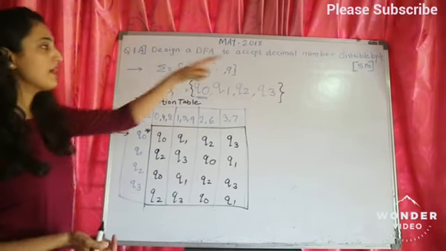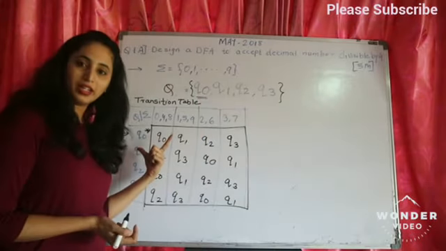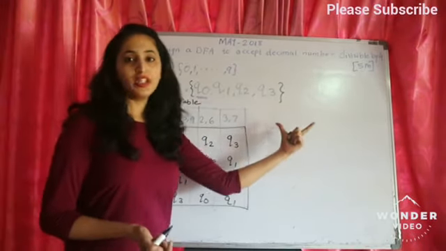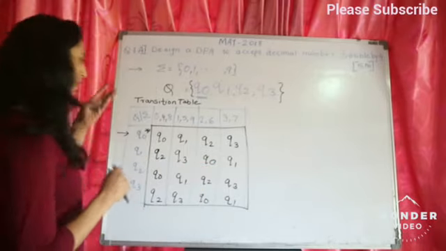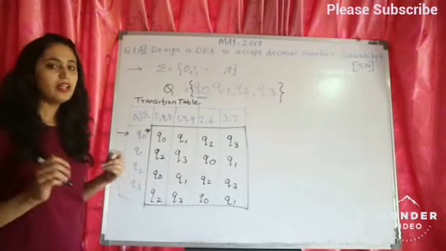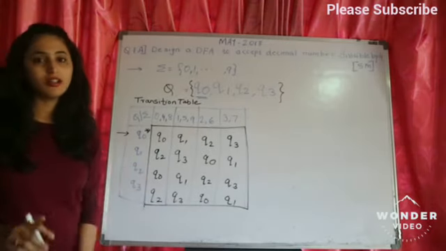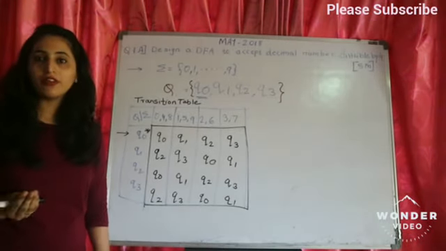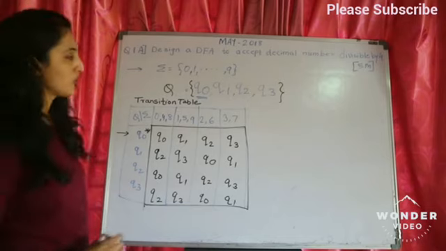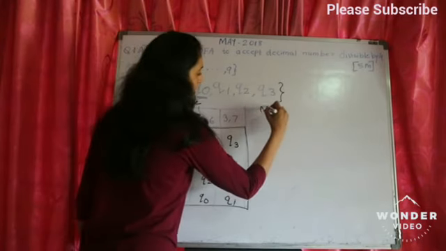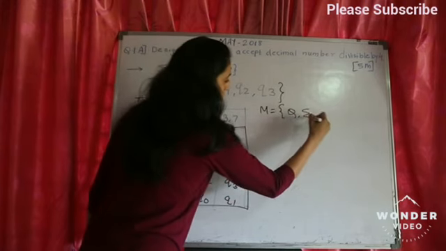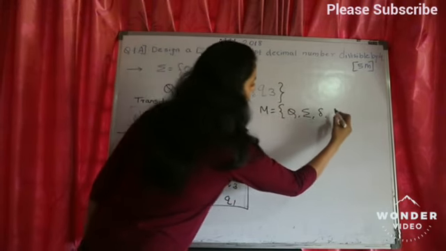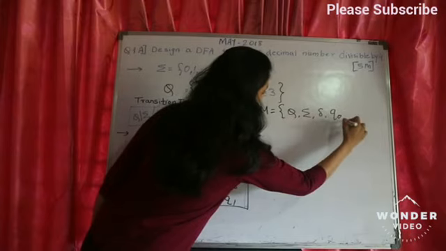For a 5 marks question, if you are doing either a transition table or a transition state diagram, any one of the two is sufficient. Here, if you have done the transition table, it is sufficient. Then what else we need to write for 5 marks is the tuple definition. So I'll tell you the tuple definition for DFA. The machine M is given as Q, sigma, delta, Q0 and F.